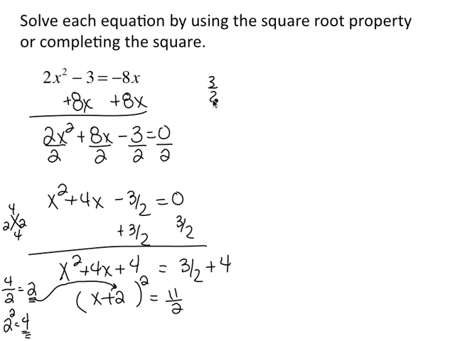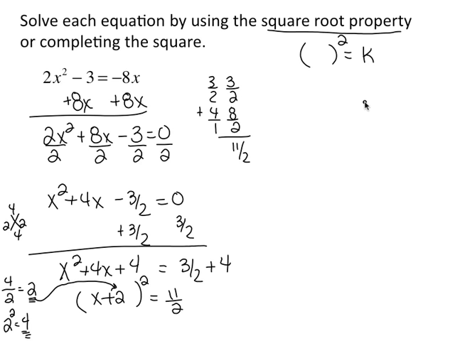So I'm taking the 3/2 and adding 4 over 1. Find the common denominator, that's 8 plus 3, that gives us 11/2. Now we need to use the square root property. Remember the square root property: we have something squared on one side equal to a constant on the other side. To solve, we just have to take the square root of both sides. So we get x is equal to either the square root of k or x is equal to the negative square root of k. So I'm going to take the square root of both sides,